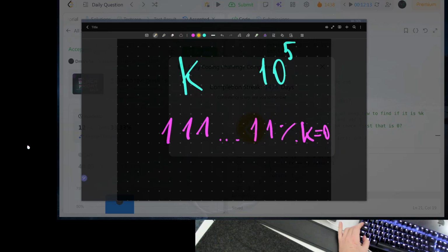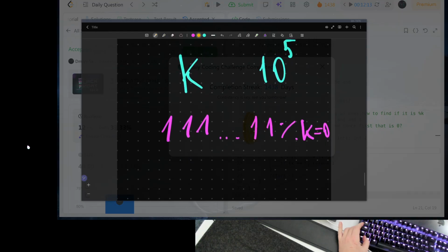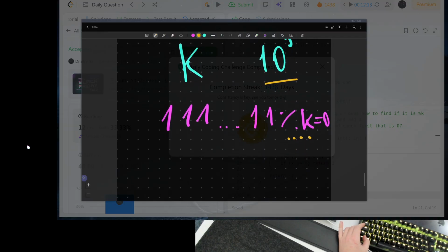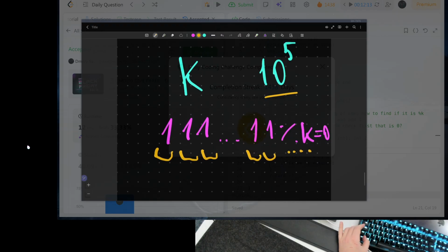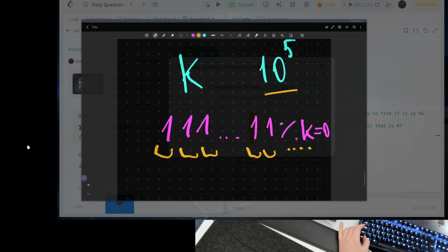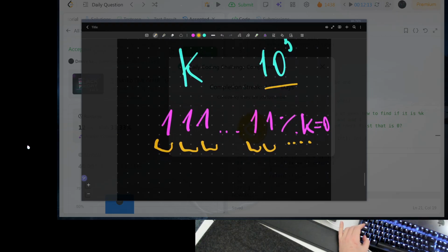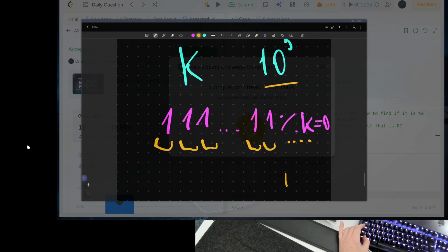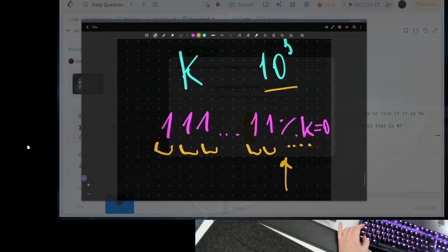So first, let's observe what our constraints are. The k is 10 to the power of 5. It's pretty big, and this is one constraint. The second constraint is a number consisting only of ones. That makes our problem much smaller than it can possibly be. And the third constraint is this operation. This is a modular operation, and